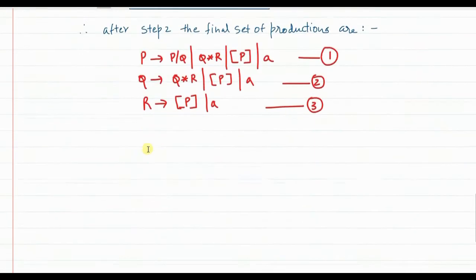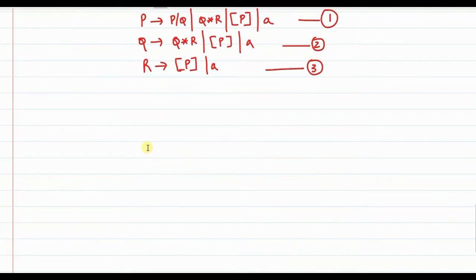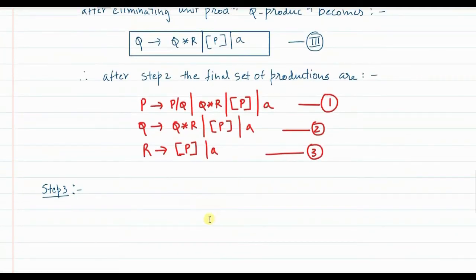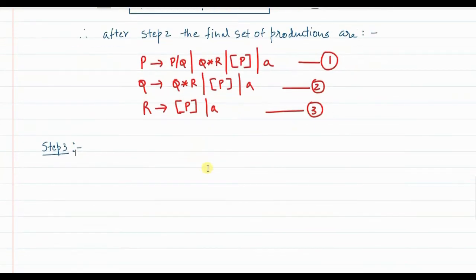Now after the end of step 2, we are going to begin with step 3, wherein we are going to consider now these as our final productions. We are not going to refer to the previous productions. So in step 3, we are going to analyze whether any of these productions are of the type A gives A alpha or beta. Okay. Now, so I'll say consider 1. Okay, now let's see whether this equation 1 is of the type A gives A alpha or beta.